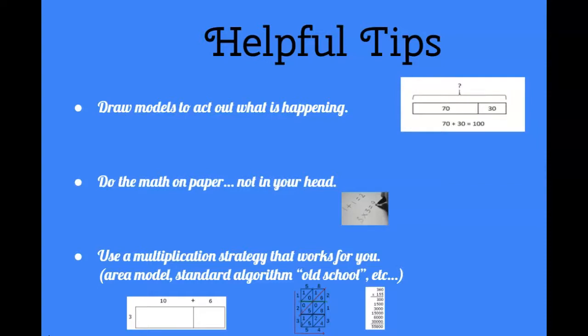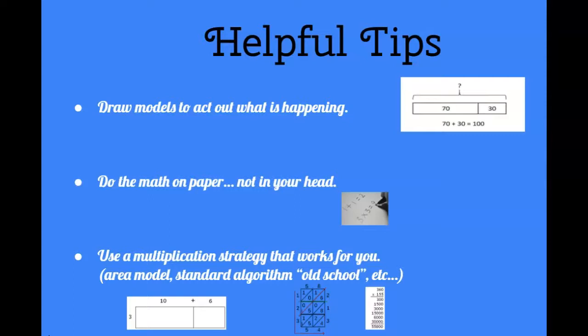It can be helpful to remember some tips as we're working through the solutions to these problems. First, draw models to act out what is happening. This helps you organize your thoughts and come up with a clear plan for how to solve your problem. Next, do the math on paper. Don't try to do the math inside your head. With all those numbers floating around, it's very easy to get confused. By doing that on paper, you also have something you can come back to when you need to double check